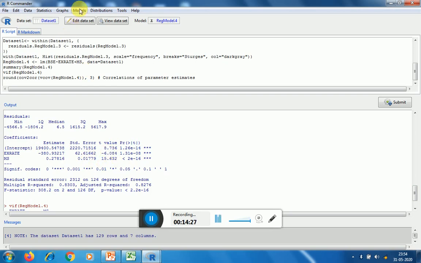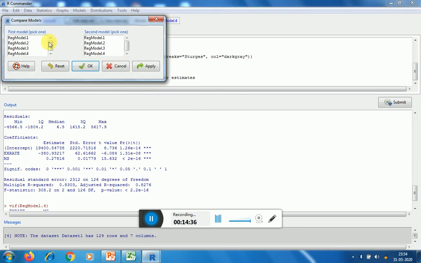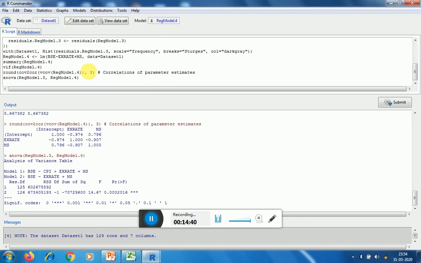Now even we can perform one model comparison. So this is your model number 4 and previous was model number 3. So if we compare these two models, model number 3 and model number 4, okay. So when we are going with the next model, here we can see that p value is again significant, so we can go with model number 2.